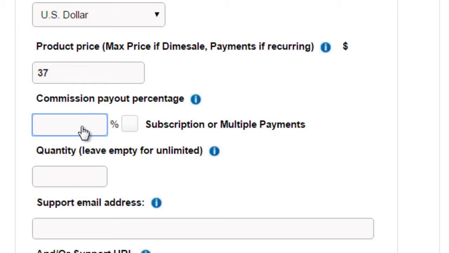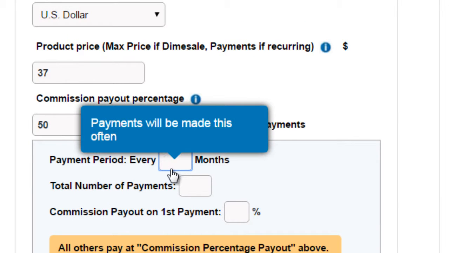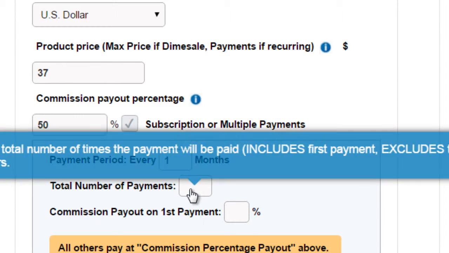Commission is affiliate commission. How much are you going to pay out? So meaning when you have an affiliate program, you can do, let's say 50% commission. And if you have a subscription, you can say payment period is every 1 month with the total amounts of